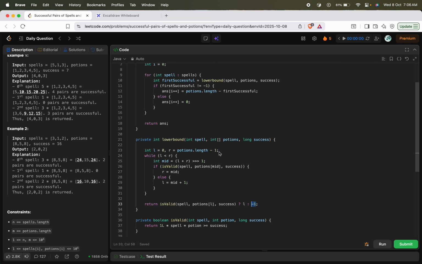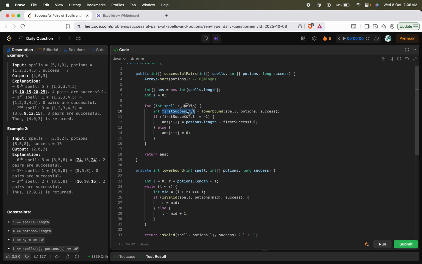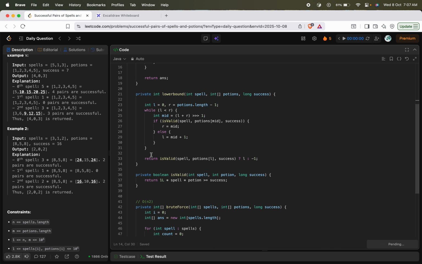Once you find the first successful portion, all the elements next to it, which are greater, will also be successful. So from that particular index all the way till the end would be successful. So I am just calculating the length, and that would be my answer. If I am not able to find a successful element, then I would update it with 0. So if you just submit the solution,